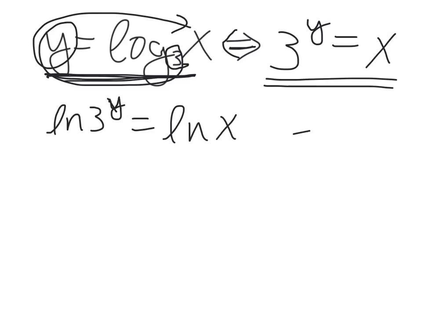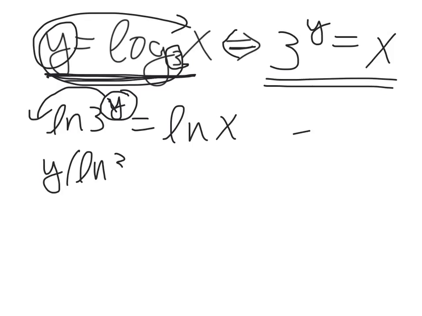This equation, whatever we do to one side, we do the same thing to the other. Taking the logs of both sides is a valid equation property. So we can do that. And then, with our log properties, what can we do with the y? Okay, bring that out front. So y times natural log of 3 is going to equal natural log of x, which then, solving for y,